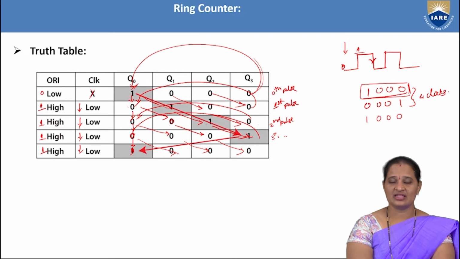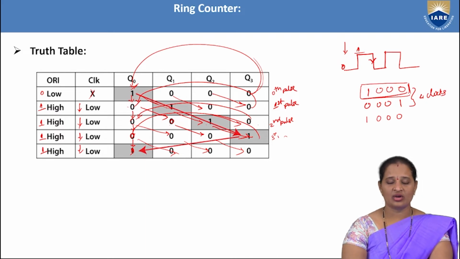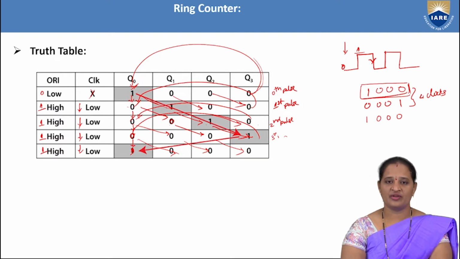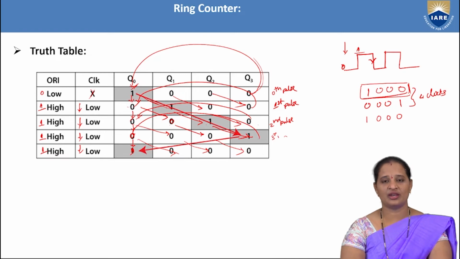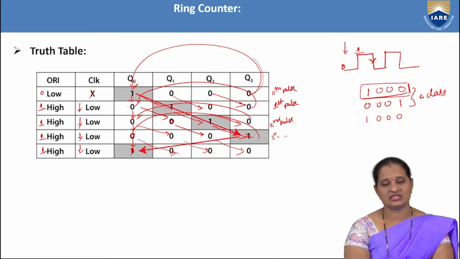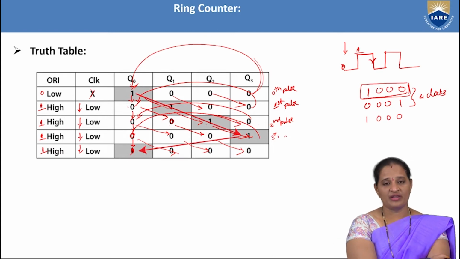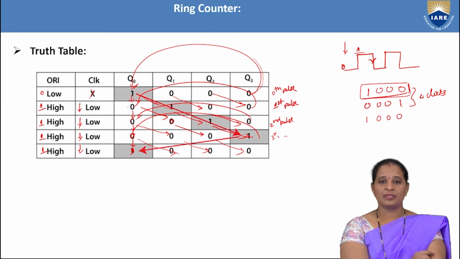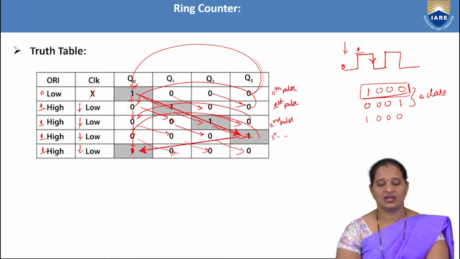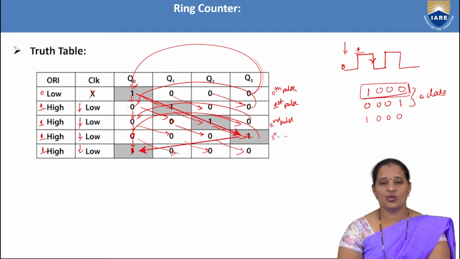So that is why we can say that the number of states that a ring counter can undergo is equal to the number of flip-flops. How many flip-flops have we used? 4 flip-flops. So how many states can a ring counter undergo? 4 states, that is 1000 to 0001. So it can undergo 4 states, and hence we can say that this can count only 4 clock pulses, even though I am using 4 flip-flops. If it were a binary counter, it would have to count 16 pulses, but it is counting only 4 pulses. So this is the major drawback of the ring counter. That is, it can count only 4.